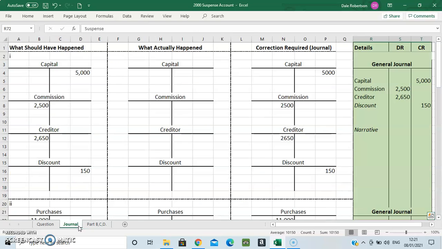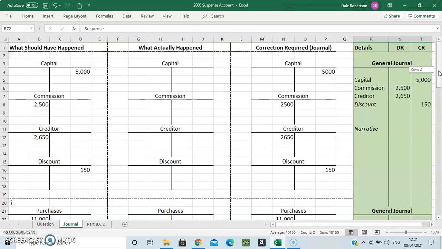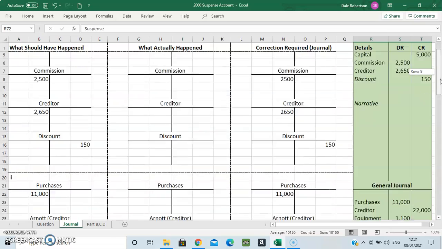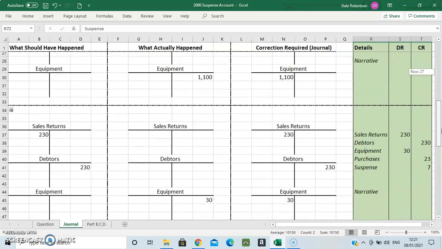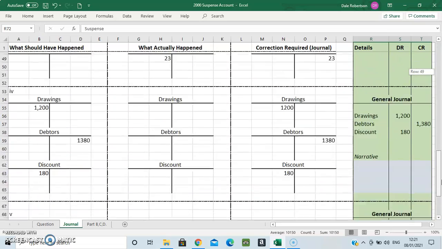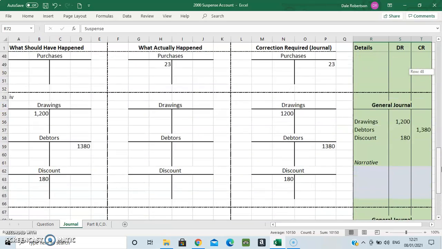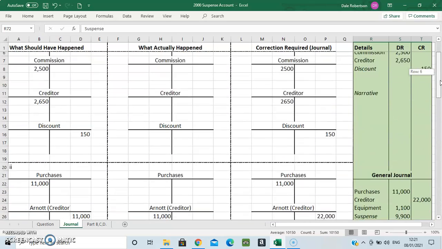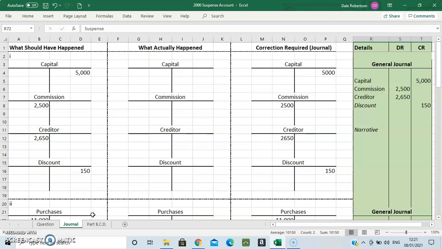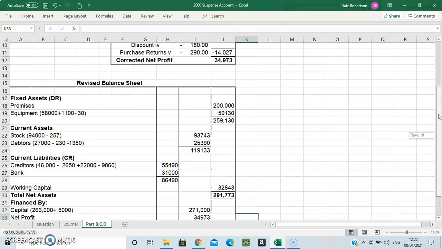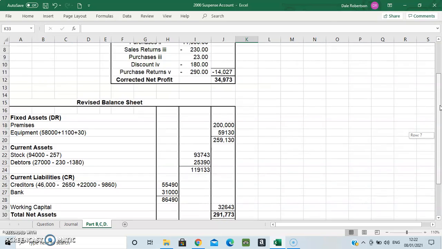At this point, every single entry in your general journal should be ticked off and used. We used all of the suspense entries in part B, all of the trading profit and loss account entries in part C, and all of the balance sheet entries in